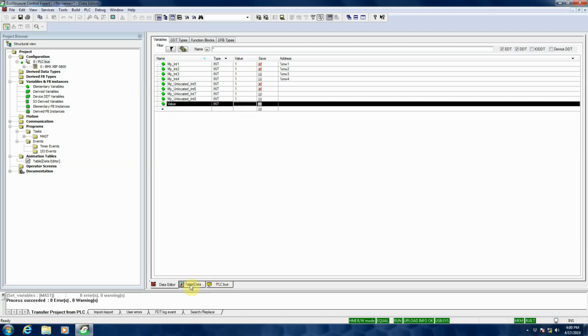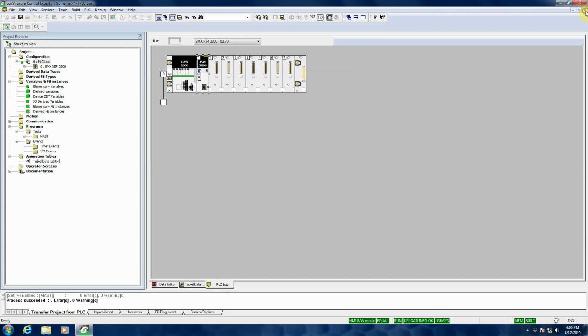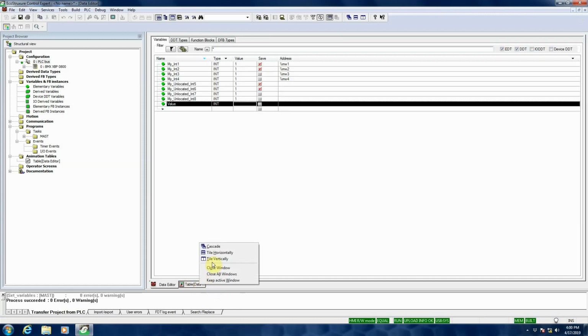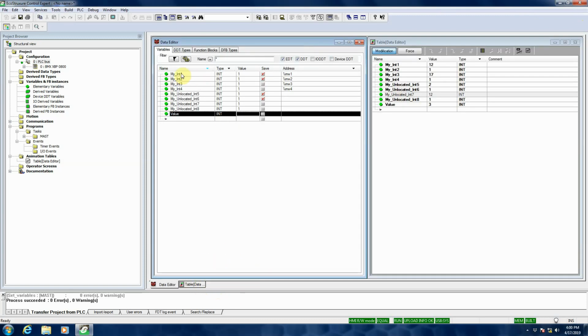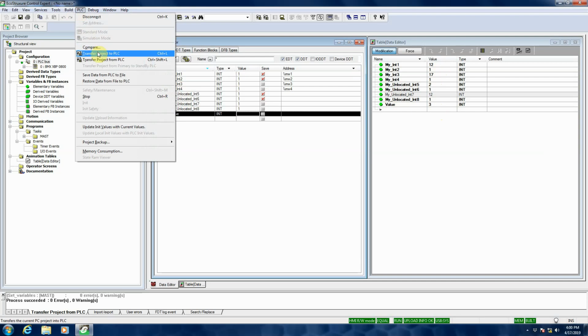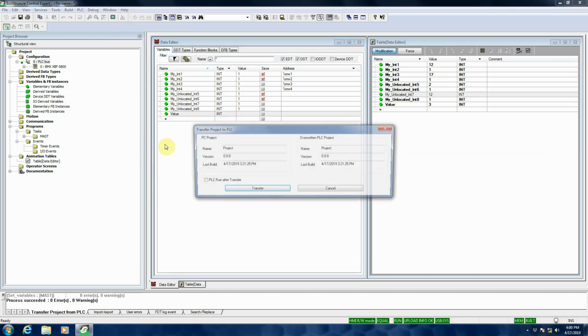So I'm going to come here and take a look at what the value of those variables are right now in the project. Put them side by side here. And right now you can see that I made an animation table of all these variables and there are other values right now. So if I come to the PLC and I transferred this project to the PLC,